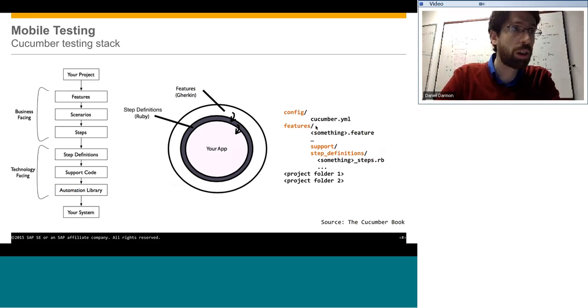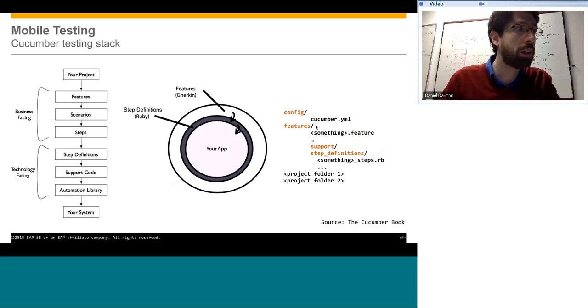And those are built into scenarios, and in scenarios every sentence is considered a step. And a step is linked to step definitions, which translate how you want to actually do the sentence that you're describing. And that, in turn, is linked to the code that runs that step definition